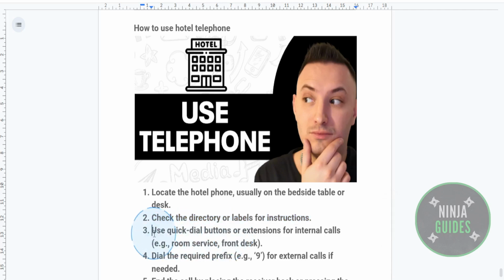So next, what you want to do is make an internal call. To contact the front desk, room service, or another room, just press the appropriate button or dial the extension provided. For example, you might dial 0 for the front desk or enter a three-digit room number to call another